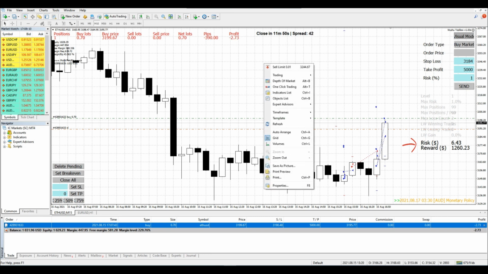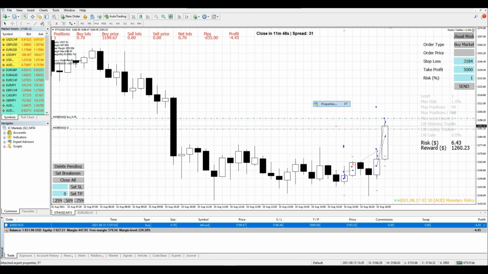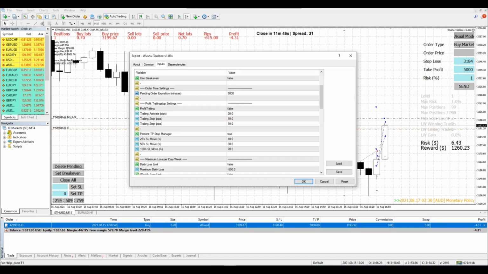Now let's also hop over to the settings where you would have seen this percentage TP stop manager. So what this usually does is every single time your trade moves in your favor, it keeps tightening your stop loss range. So say for example, your trade moves from 0 to 10 pips, it closes your stop loss by 25%. Your trade moves by 30 pips, it closes your stop loss range by 50%, and so forth. And then lastly,